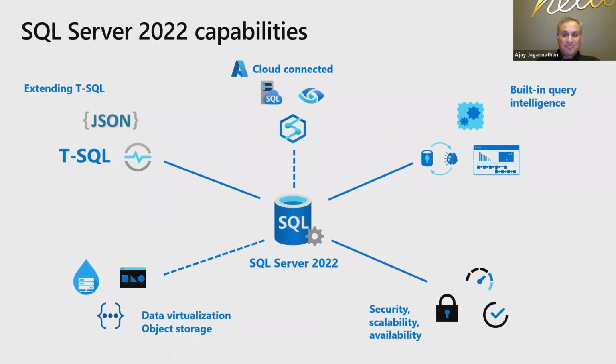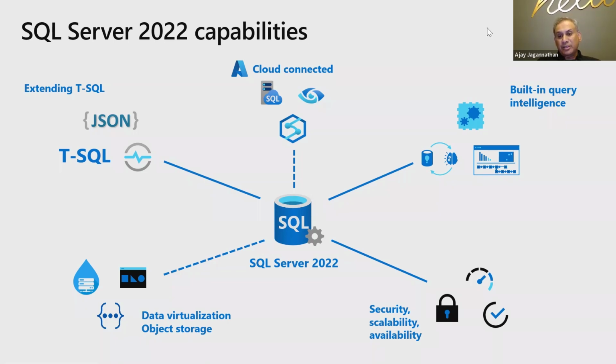Think of this as the wheel of power, as Bob talks about. The first one, it all starts with being cloud connected. As I mentioned in the previous slide, we are bringing the power of managed instance, Purview, and Synapse. All three are fully managed services to your environment where you can leverage this for either disaster recovery, data governance, or real-time analytics.